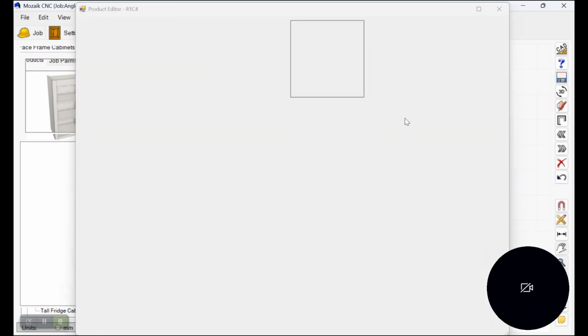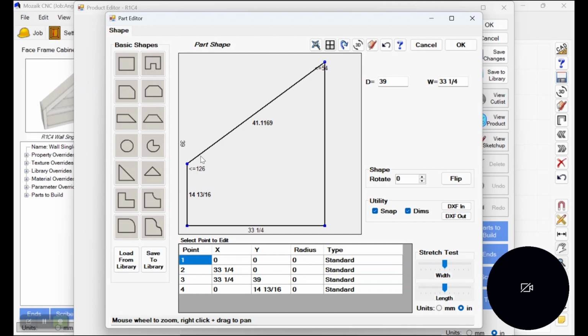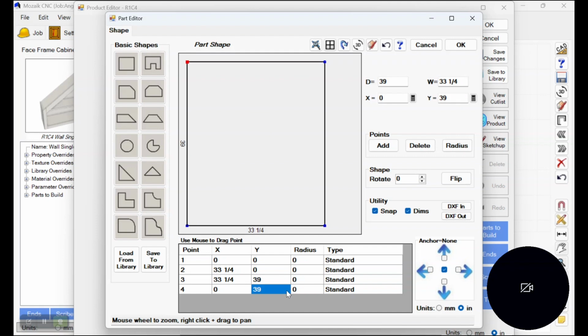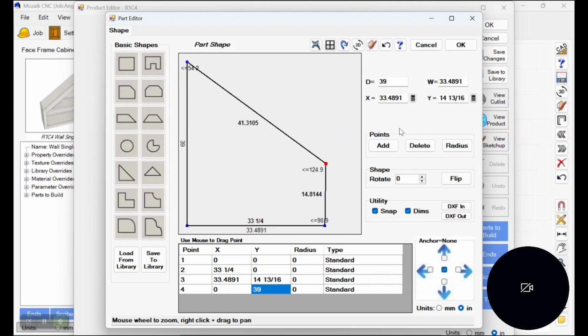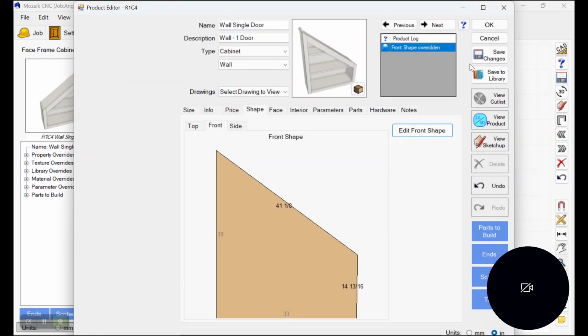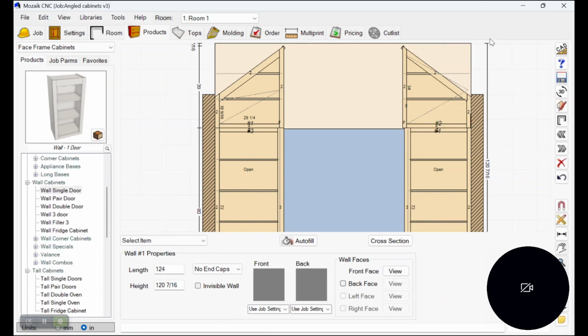And then I can just go ahead and go into the same place, open it up, click on shape, click on edit front shape. I can go ahead and change this guy back to 39 inches. And then I can click on the right hand side and change that guy to 14 and 13/16. And now I've created basically the same thing, but on the right hand side. Click OK, and now you can see that I have those cabinets built essentially similar to what we had seen